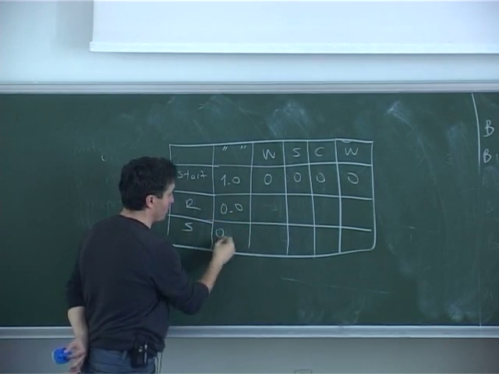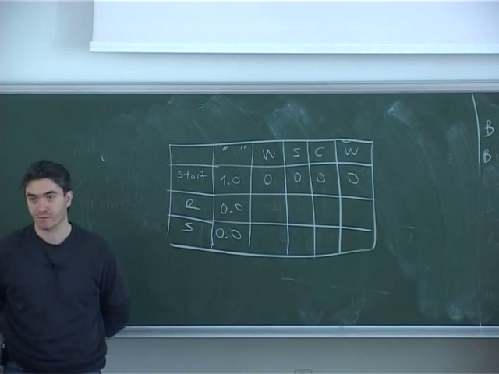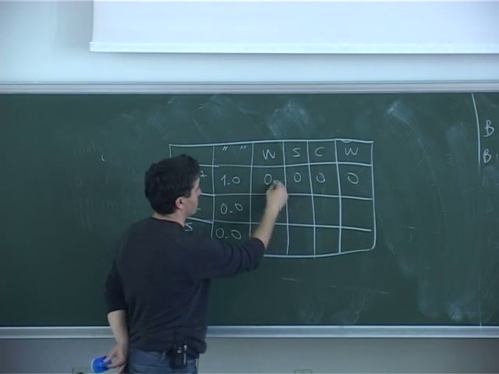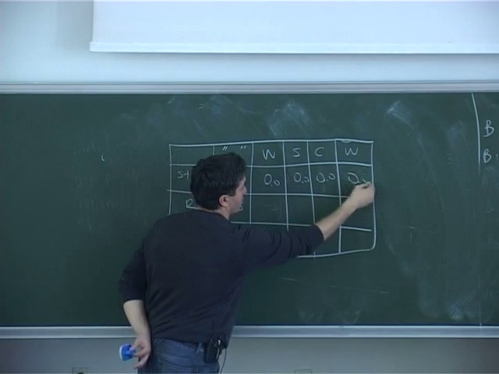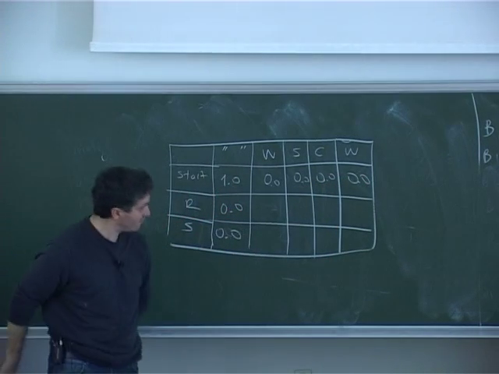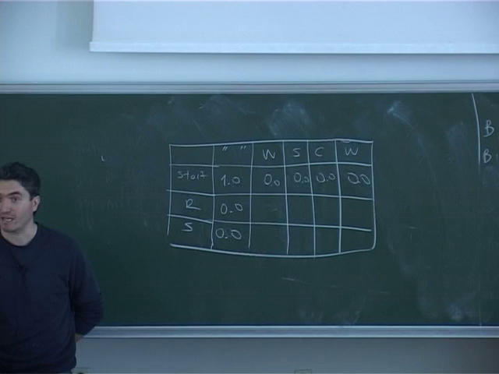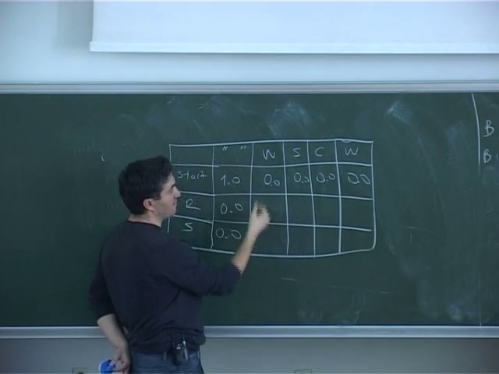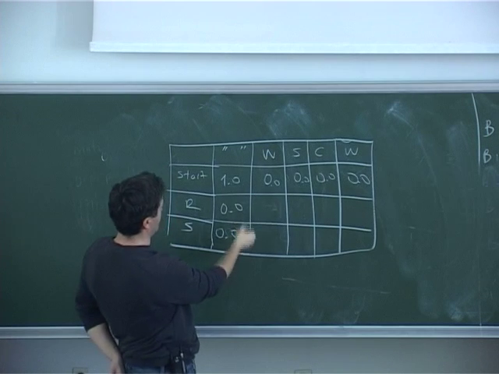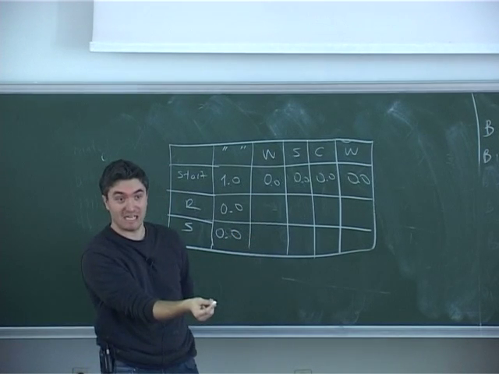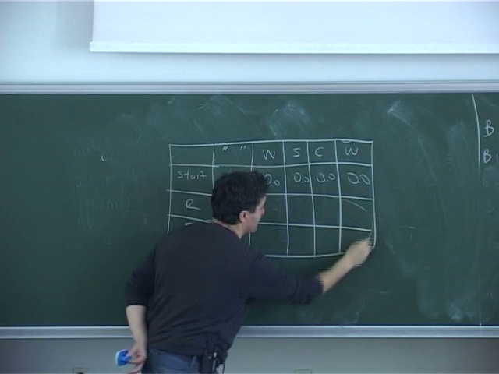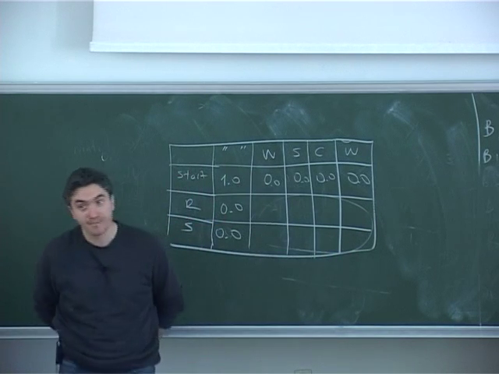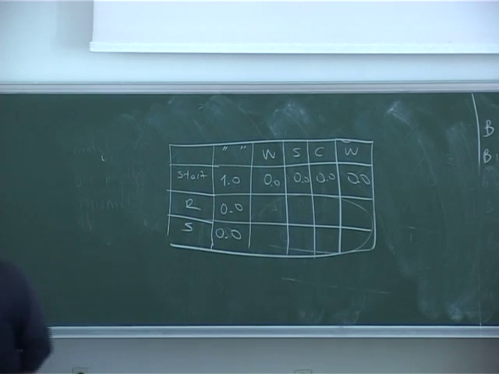These parts are also going to be 0. Okay? So 0.0, 0.0, which leaves you with how many cells to fill in? 8 cells. Although there are 15 of them, 7 of them are filled with 1 or 0 easily. You need to fill in these 8 entries by using the